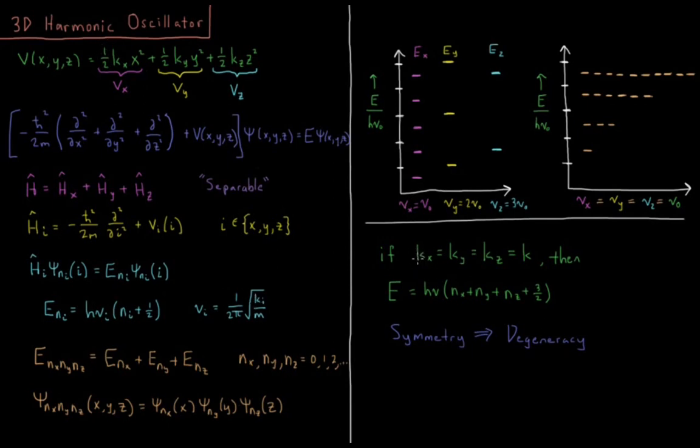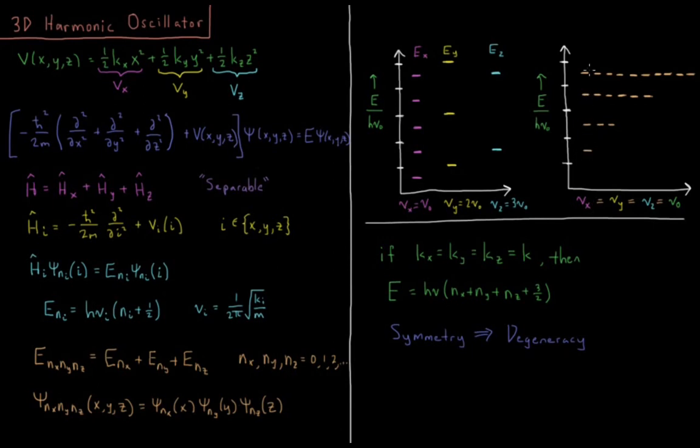So if we have the case where it's equal in all dimensions, kx equals ky equals kz equals some constant we'll just call k, then the total energy is just h nu, because they all have the same nu, having the same k, h nu times (nx plus ny plus nz plus 3 times 1/2), because each of these has a 1/2 of their own. So it's 3/2 at the minimum, and then the sum of the three n's. So the energy over h nu naught, if they're all equal to nu naught in each dimension, we have 3/2,